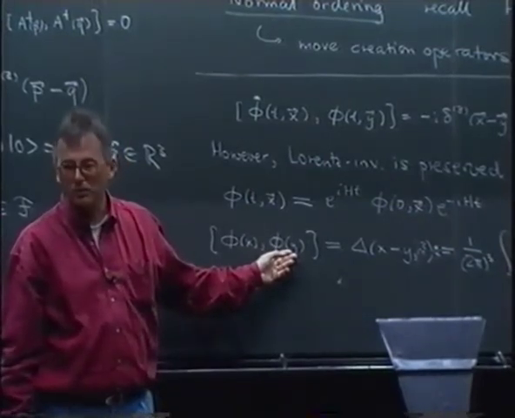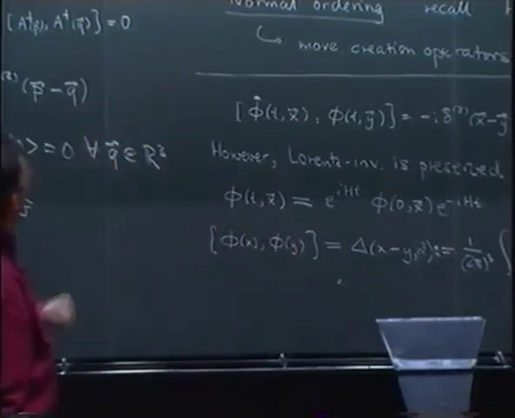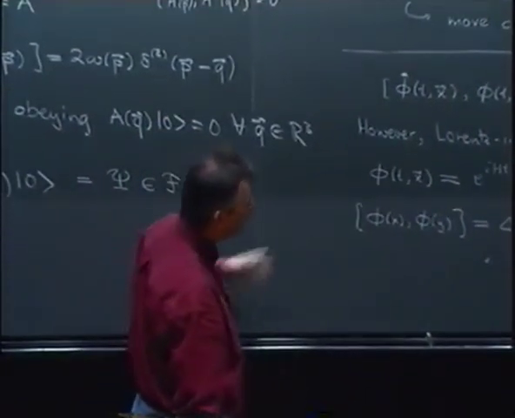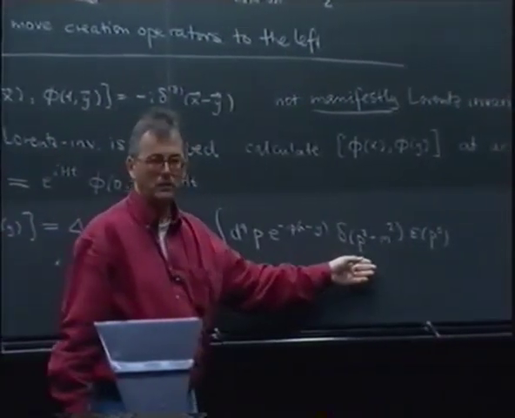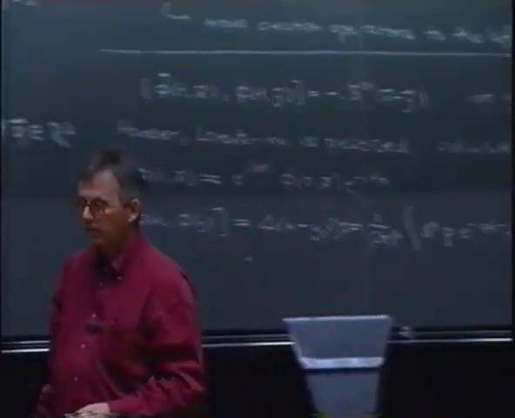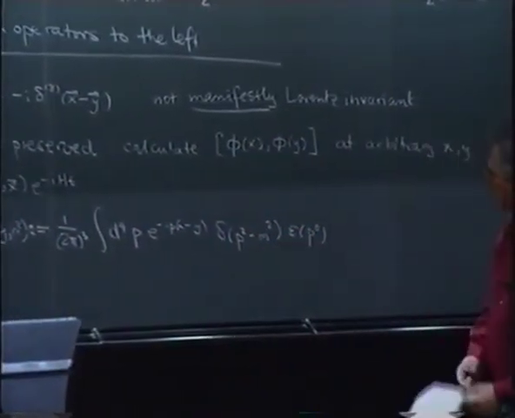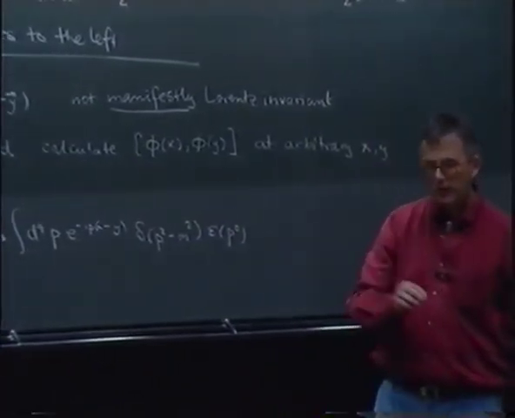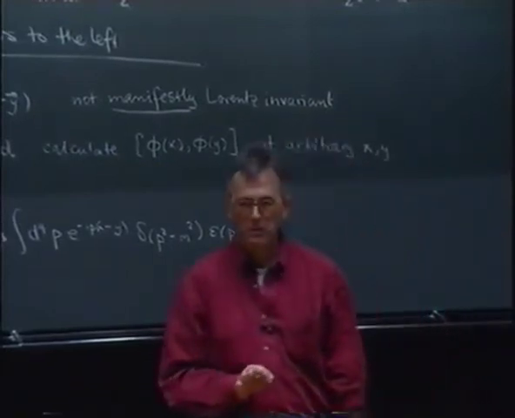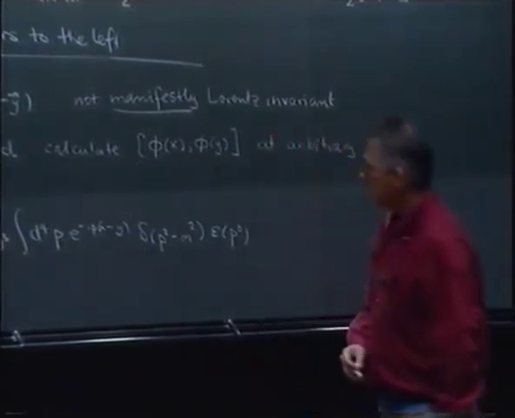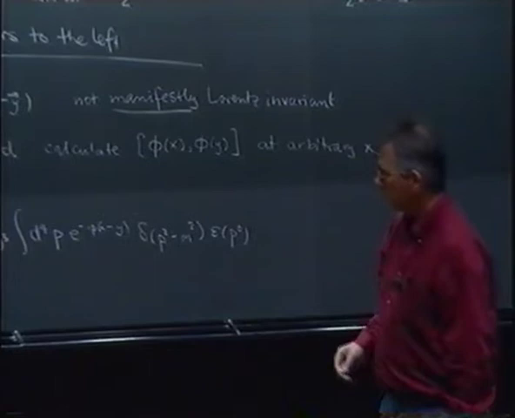It could also be a non-trivial operator. But in free field theory, this comes out to be a number, and we can really explicitly calculate it. And when we do the calculation, this is what we get, and this is a function. But as you can see, it's a rather singular function, because it has a delta function inside, it has this discontinuous epsilon function inside. So if one looks at it very closely, it's not a smooth function, but it's something more singular, like the delta function, and that's why people call this a distribution or a generalized function.